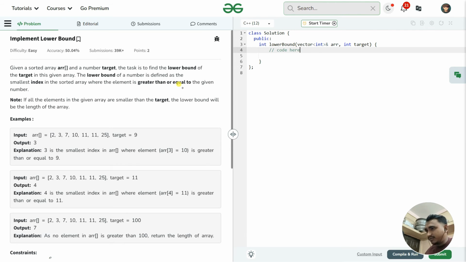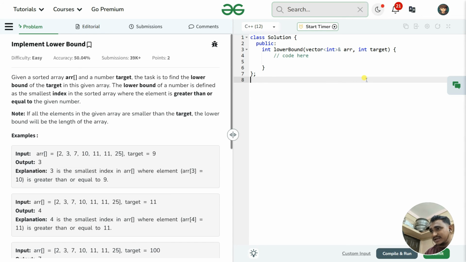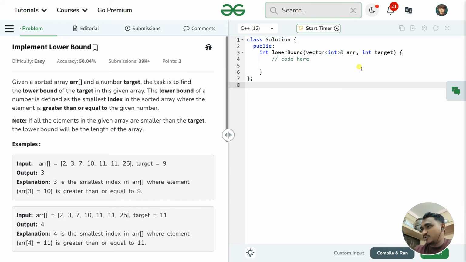Now let's say you implement it, right? So this is the lower bound that you can see in GeeksforGeeks. I can increase the size. Now let's try to implement this, right? So what I can do, we can say that